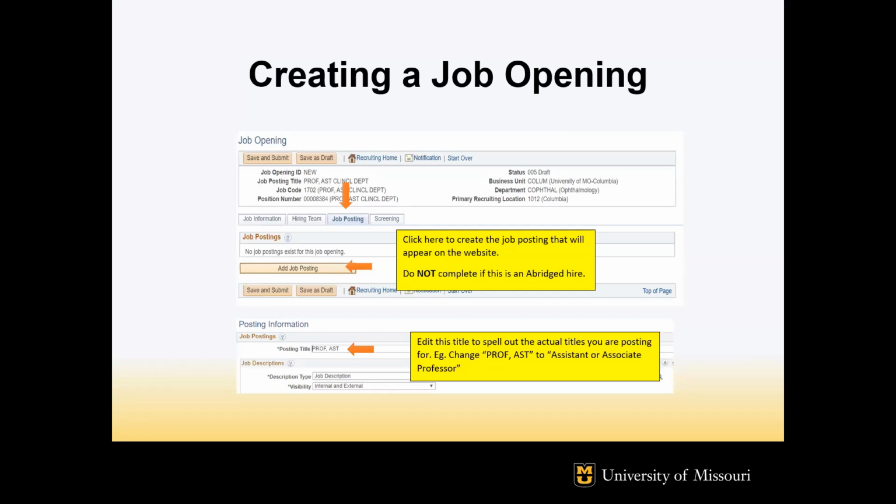And also you don't know who you want to hire for some jobs. You might want to hire an assistant or an associate professor, depending on their qualifications. So this is where you would want to change it to spell out exactly the different options this title might have. Because if you did only post assistant professor, and then you find something like, oh no, this person should be an associate professor, if you did not have it in the job posting that it could possibly be associate professor, I will not be able to approve the offer.